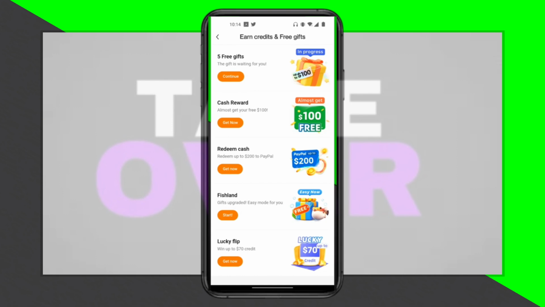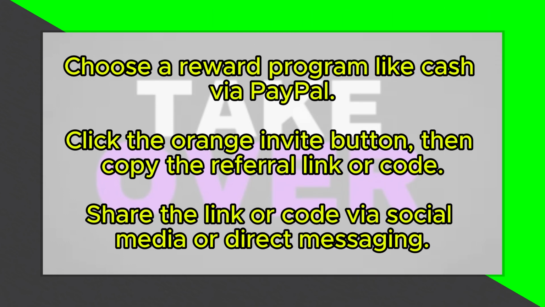For instance, if you choose cash rewards, look for the Invite button at the bottom, usually in orange. Click on it, then either copy the referral link or code. If you use the code, your friend needs to download Temu and enter the code in the search bar to complete the referral. If you use the link, simply send it to someone, and once they click it, you'll get